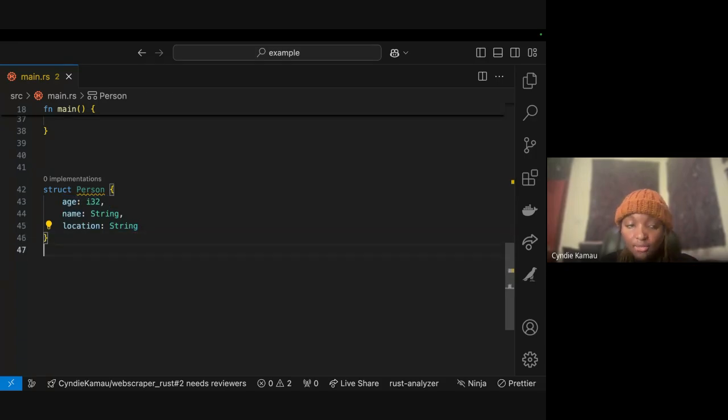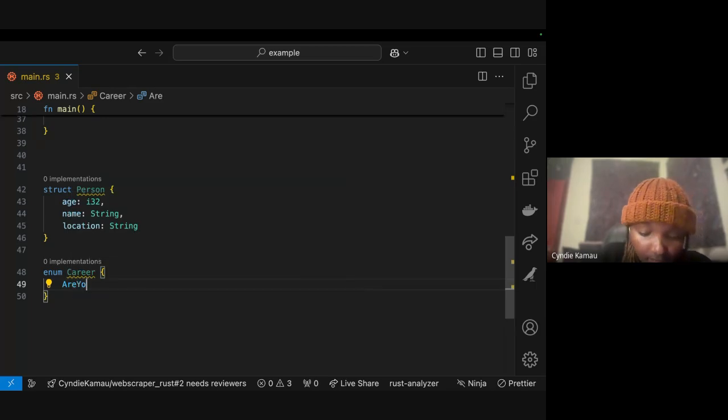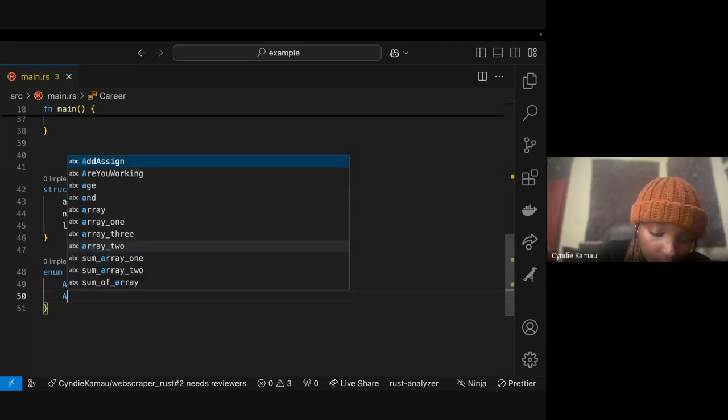A struct is different from an enum. Let me write an enum career. With enums, it's like, are you working or are you not?